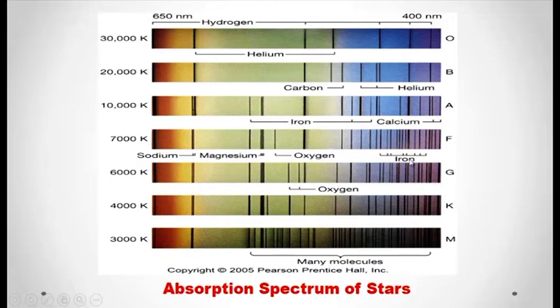So you can see some ion absorption lines will be there in F class stars. Then here in M class stars, you can see many absorption lines. All these dark black lines in the spectrum are all absorption lines. This is the absorption spectrum of stars. Based on this, classification of stars is made as OBAFGKM.